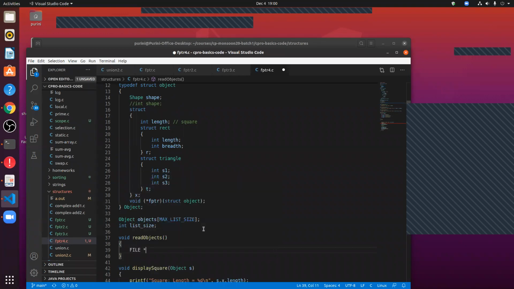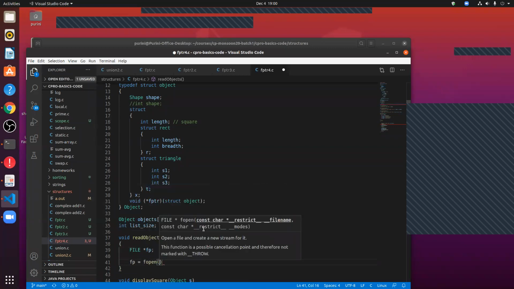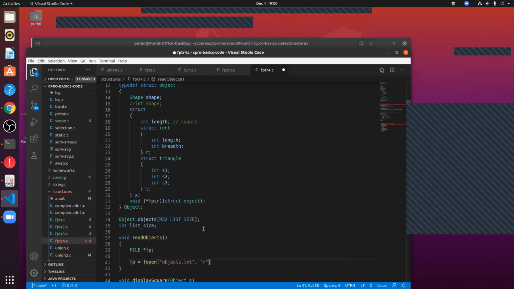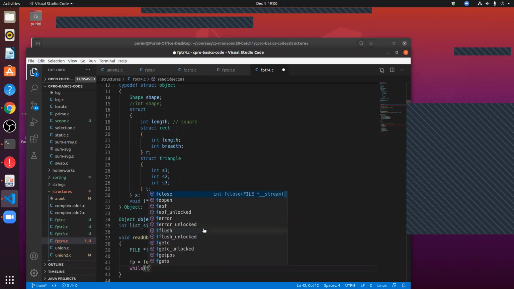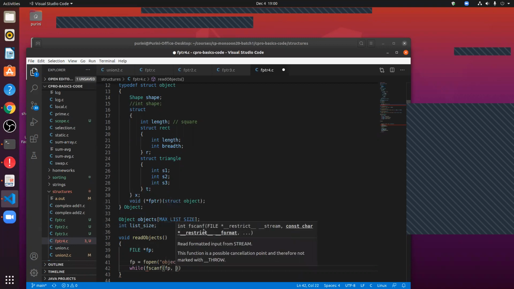Okay, so FILE star fp. So what we have is fp is equal to fopen objects.txt, and we read it in read-only mode. And what do we do? So while fscanf fp, %d, ampersand shape is not equal to end of file,